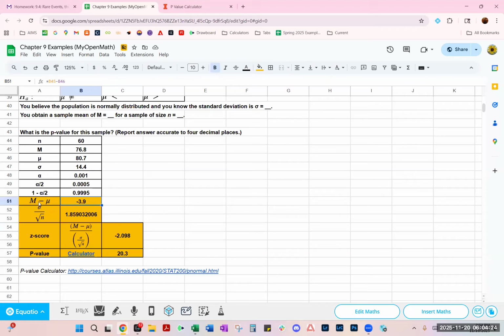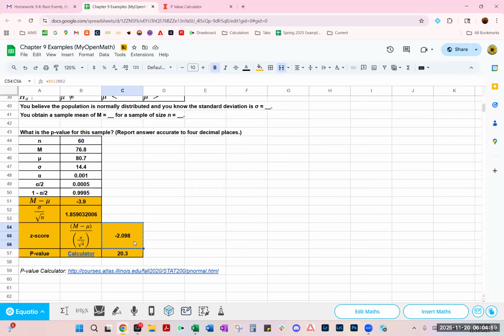So you will see I have my m minus mu, which is 76.8 minus 80.7. So you can see we came up with a negative 3.9 as a value of that subtraction. And then when you did sigma divided by square root of n, which was 14.4 divided by the square root of 60, we came up with 1.859032006, right? And now when we divide these two values, you can see our z-score comes out to be negative